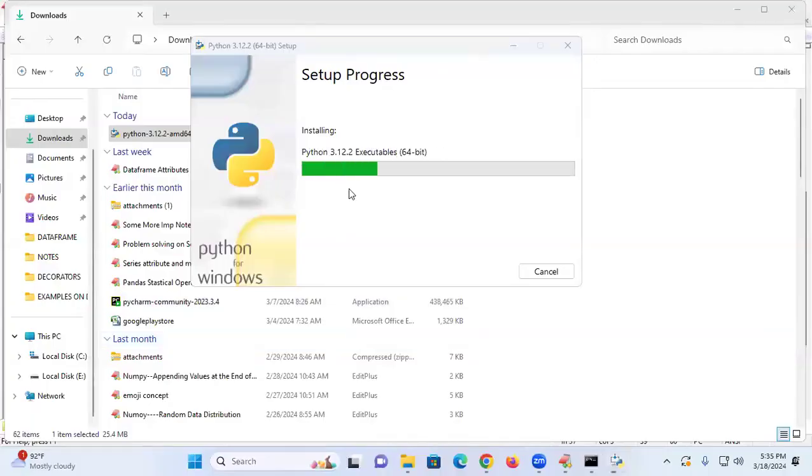It is asking, do you want to allow this app to make changes to your device? Yes. Now it is going to show this green line going. That is called the Python installer. I said now, in the applications of Python, OS installers like a Python installer, the installer code is written in which language? Python language.